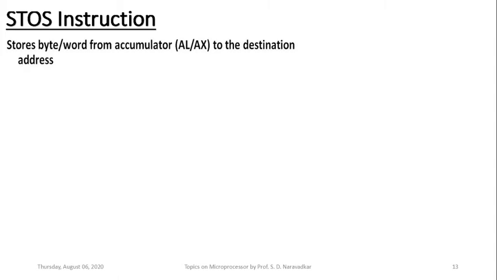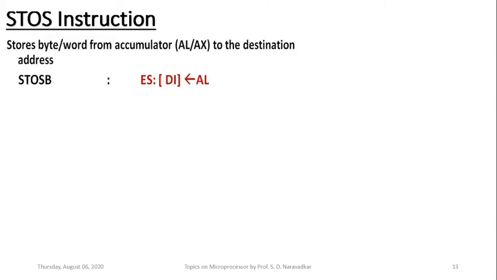Okay, so let us see here. Store string byte. In this case, on the right side, extreme right, the contents of the AL register will be simply copied to the extra segment and the offset is given by the destination index register, the DI register. So that way the contents of the AL register will be stored to a single destination address, because it is a byte variation. A single byte is enough for copying the contents of AL.